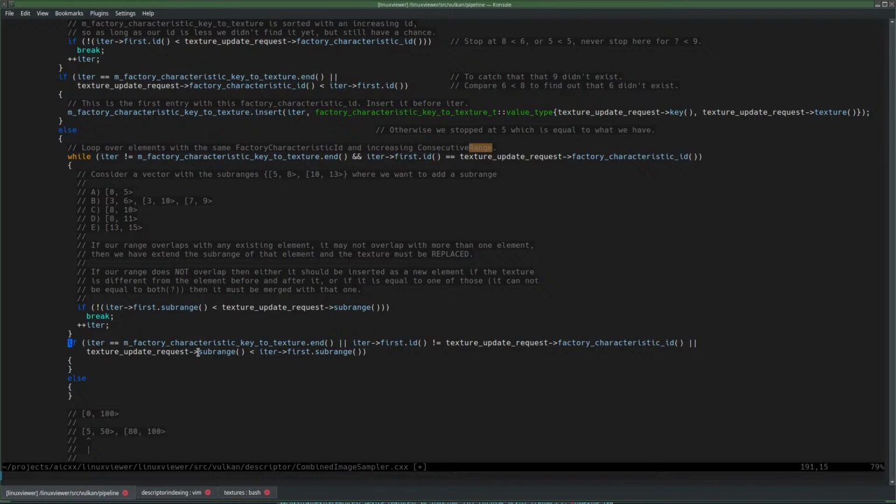And now you compare our subrange as less than the subrange that we are pointing to, and that is the case. That is true. So we get here, and that means that this one does not overlap with that one. Therefore, we have to insert it before that one. Okay, unless